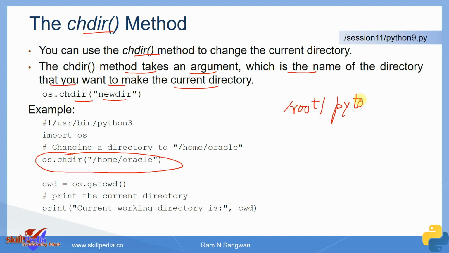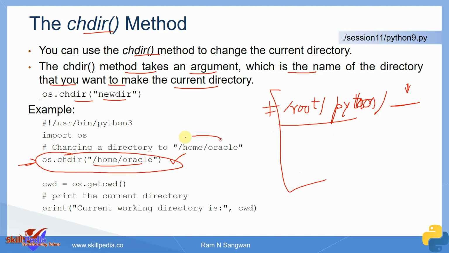/root/python. Okay. Now if you are working in this directory, and your program is also here, and you execute the program here itself. You give this command, you write the program to change to the directory. After executing the program, your misconception, your understanding might be that after I execute the program and exit from the program, I should be placed into this directory. That is wrong interpretation. That is wrong. You will not be in this directory.